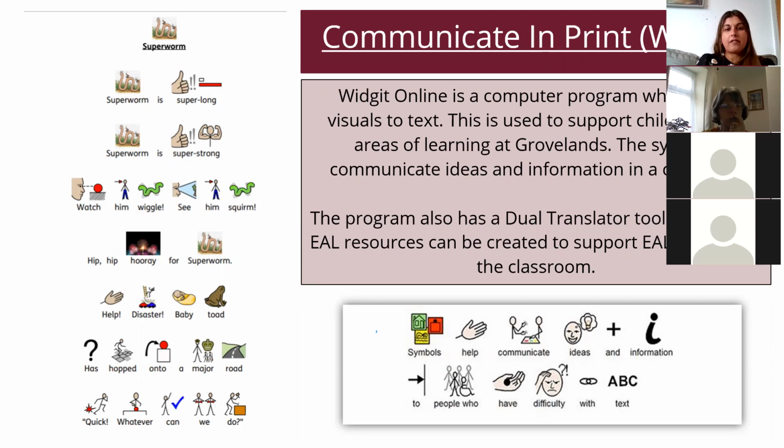You can get a parent account. I can't remember how much it is, but you can get a parent account if you think this is something that would be really beneficial for you to use. I did also, I haven't put it on the slides, did also in the second lockdown and also before that,